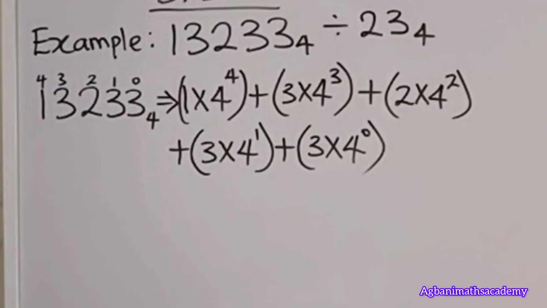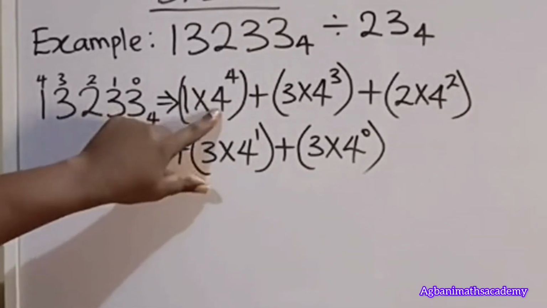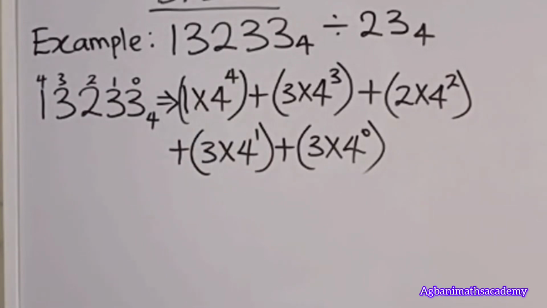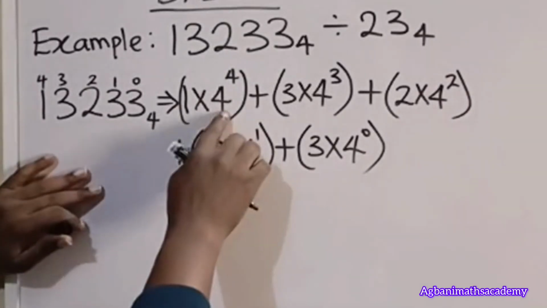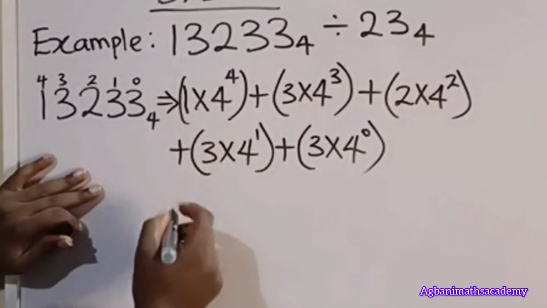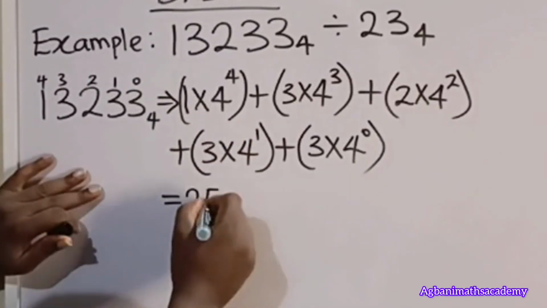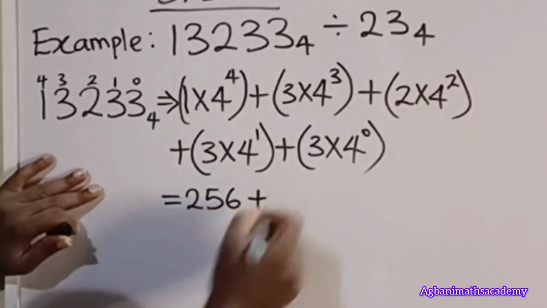Are we on the same page? Hope you guys understand what I have done. Because of space, we are just going to skip some steps. What's 4 to the power of 4? 256. Correct. So 256 multiplied by 1 is going to give us 256, so we have 256 plus